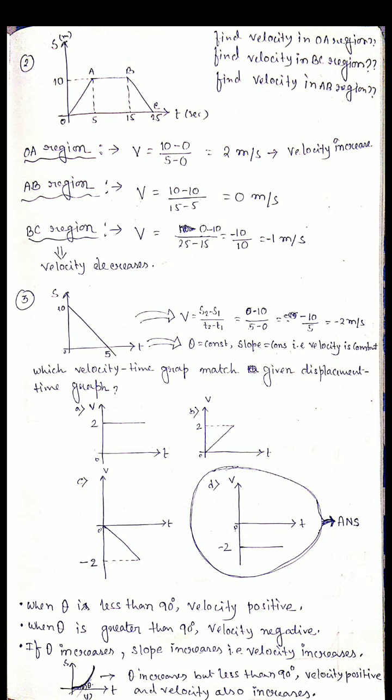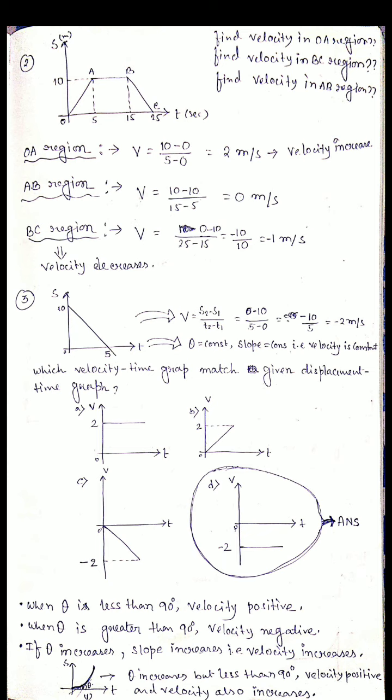Okay, next another problem. In this displacement time graph, 4 options are given. This type of question also comes in competitive exams, where one displacement time graph is given and 4 options are given for the velocity time graph, and you must say which velocity time graph represents that displacement time graph. Sometimes it will come for 1 mark or as an MCQ. So here 4 options are given for velocity time graph, which one matches this displacement time graph. So how do we find out?